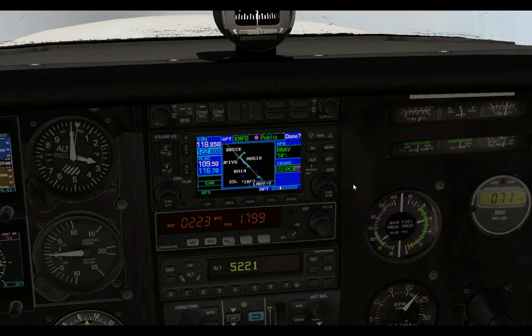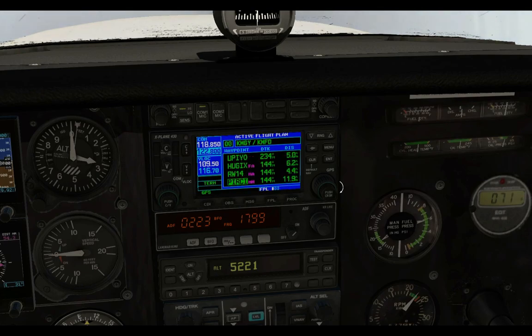Let's say it's that, and then you can load, and it's loaded into the active flight plan. So this is method number 2. It's got a slight advantage. You didn't have to type in the airport